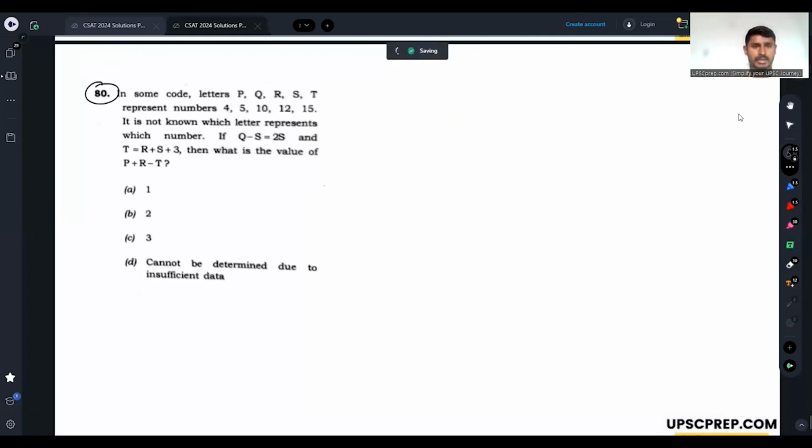80th question. In some code, letters P, Q, R, S, T represent numbers 4, 5, 10, 12, 15. It is not known which letter represents which number, so the order is not the same. We don't know the exact values of P, Q, R, S, and T. If Q minus S is 2S,